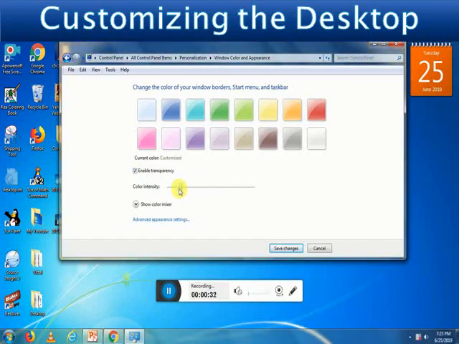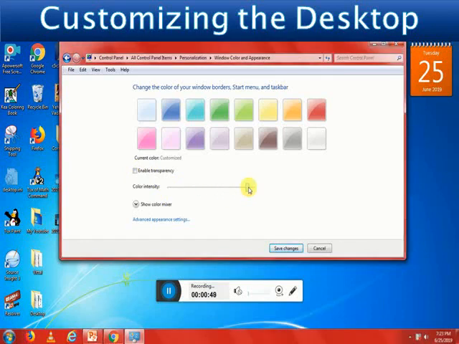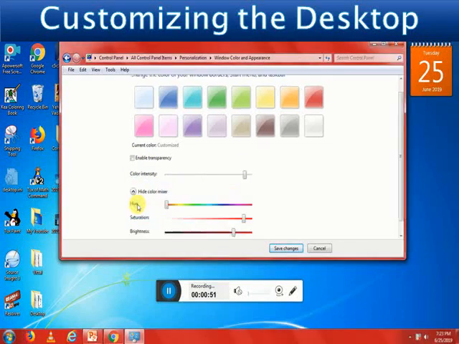You can set the color intensity option by dragging the bar towards right or left as required. It will affect the Windows glass borders, Start menu and taskbar's color strength. Now you can click on the Show Color Mixture option to set the hue, saturation and brightness option to give it a color effect. Select the Advanced Appearance Setting options,